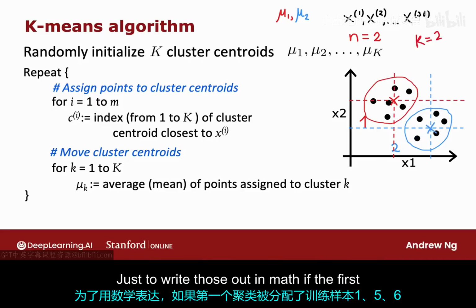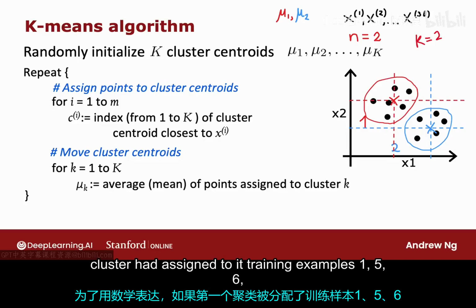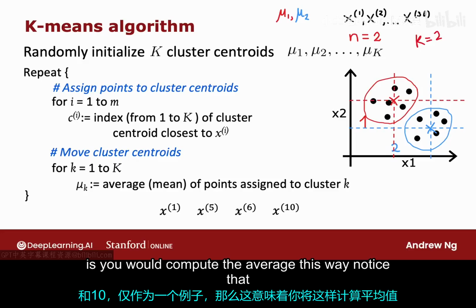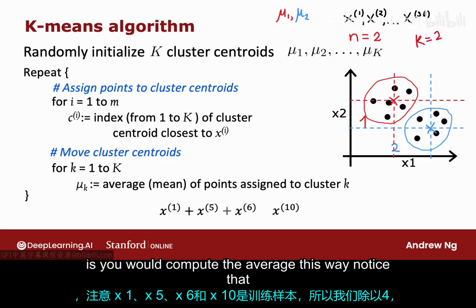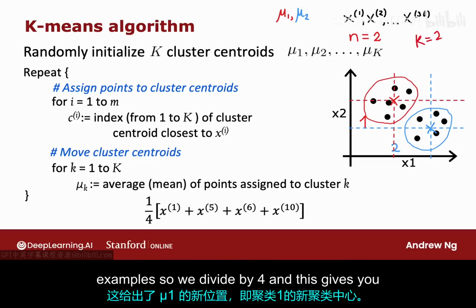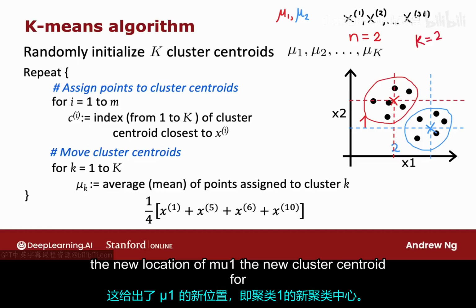Just to write those out in math, if the first cluster had assigned to it training examples 1, 5, 6, and 10, just as an example, then what that means is you would compute the average this way. Notice that x1, x5, x6, and x10 are 4 training examples, so we divide by 4, and this gives you the new location of mu1, the new cluster